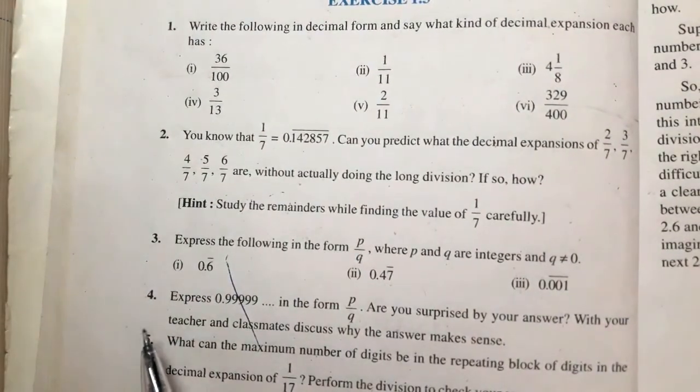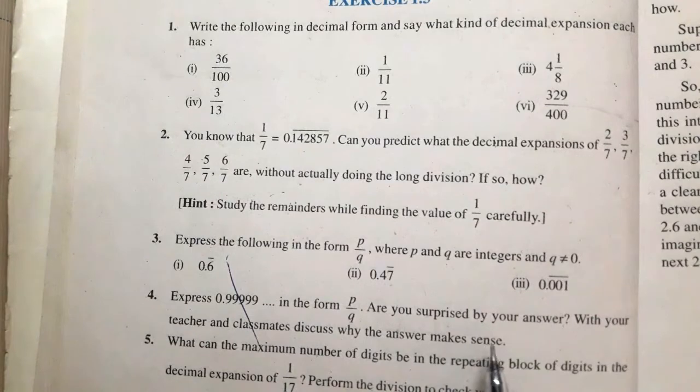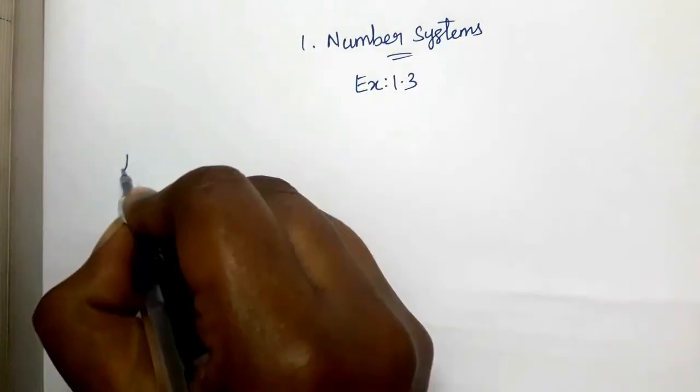Now let's see the fourth one. Express 0.999... in the form p by q. Are you surprised by your answer? With your teacher and classmates, discuss why the answer makes sense. Fourth one,